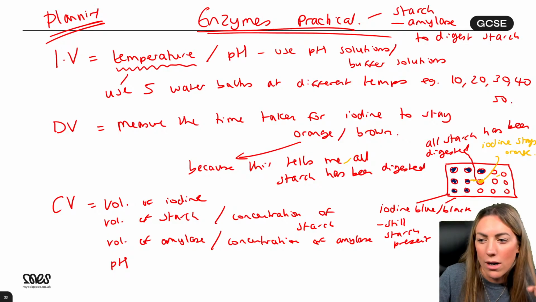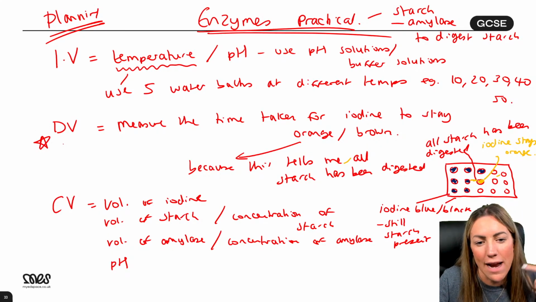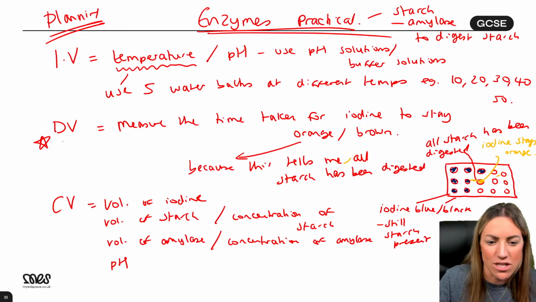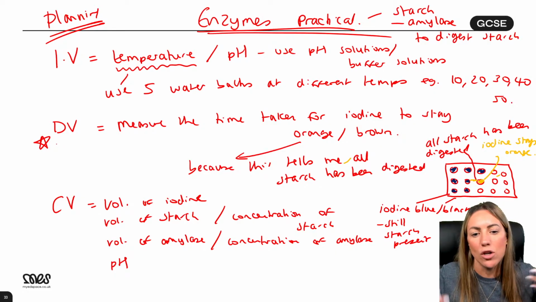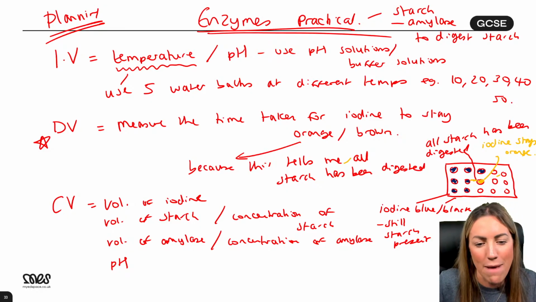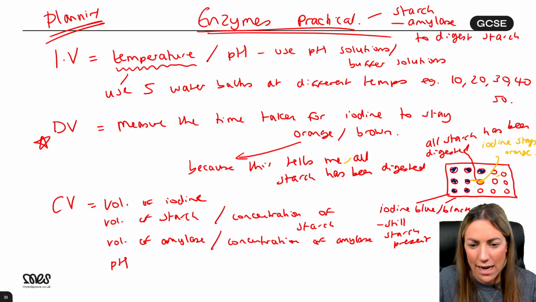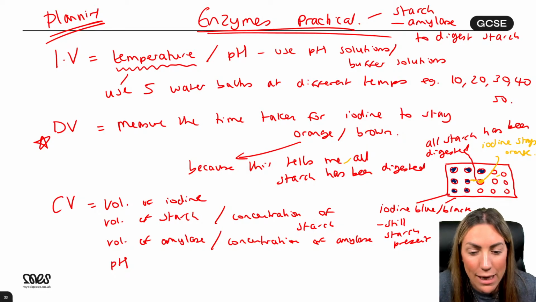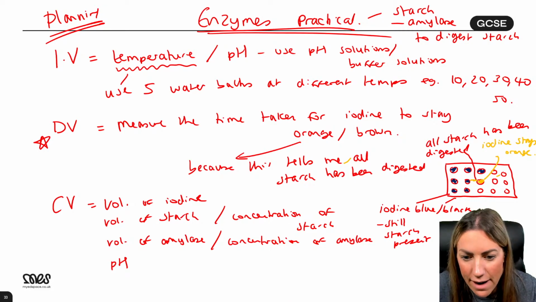Yeah, no, I would have talked a little bit more here. You know, my dependent variable, I would have talked a little bit more so that was clear. For example, mix the starch and amylase together, take a drop every 20 seconds and add to the iodine, and then measure the time taken for the iodine to stay orange. So I would have had to beef it up, right? Just to explain exactly how I'm gonna get to that dependent variable, exactly what my method's gonna be. But this is my kind of outline for how to do an investigation plan. Independent variable is the one you change on purpose to see the effect of that variable.